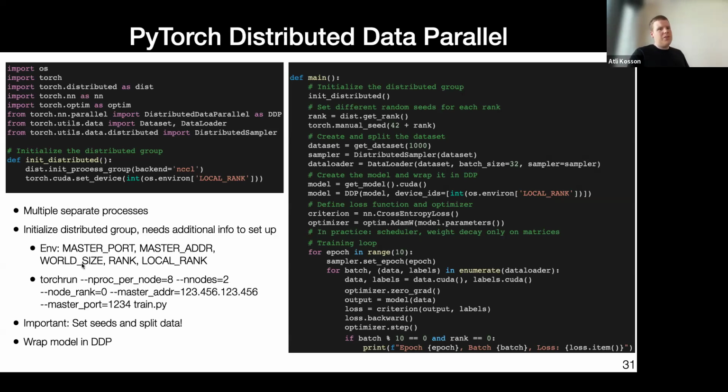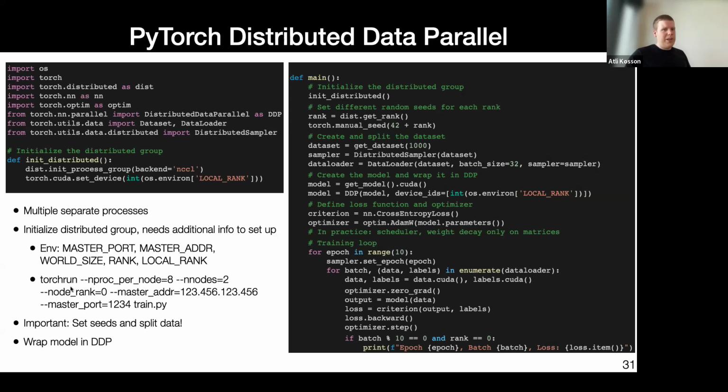The world size is just the total number of processes, the total number of GPUs that you're using. And the master address, which is the IP address of the master process, along with the port, just to tell all the other processes how to find it. In practice,